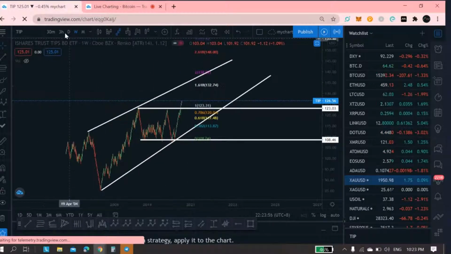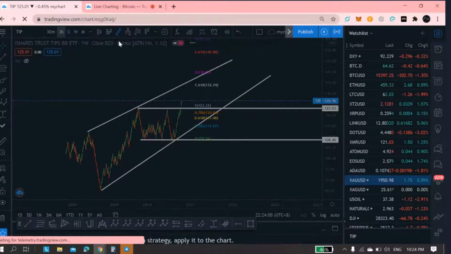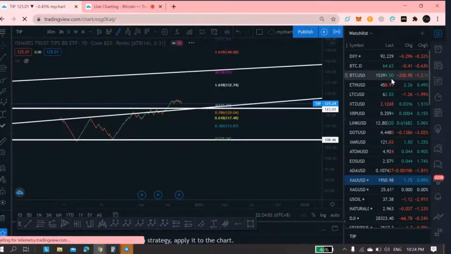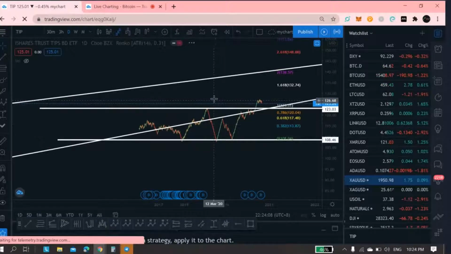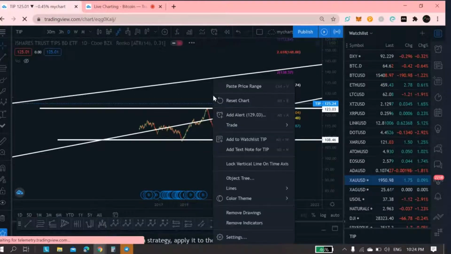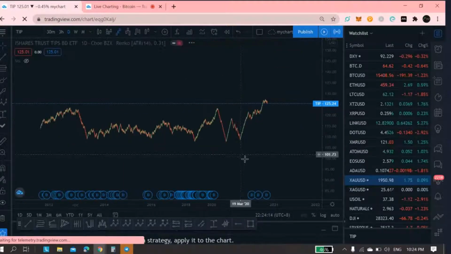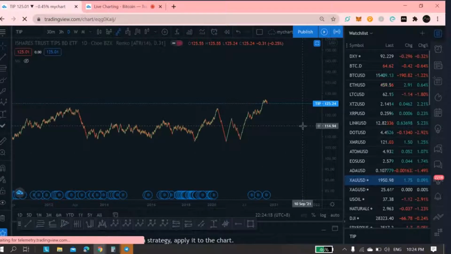So anyway, let's look at the daily time frame. Oh, BTC is going down. Anyway, currently I have no open position anyway. So OMG, very slow. Anyway,